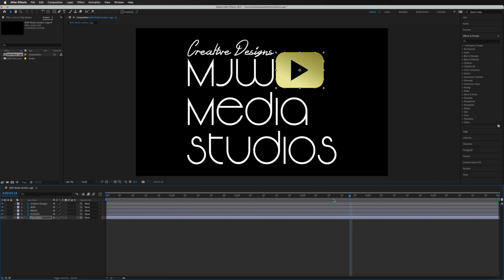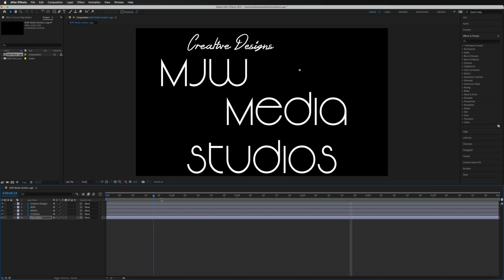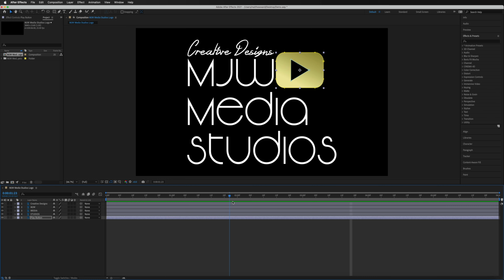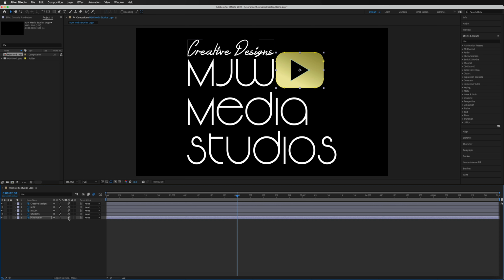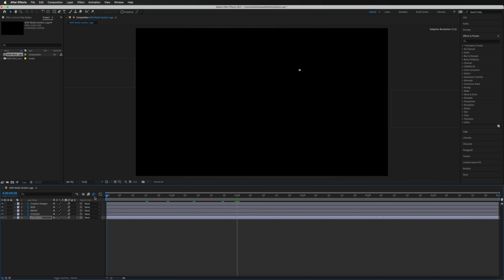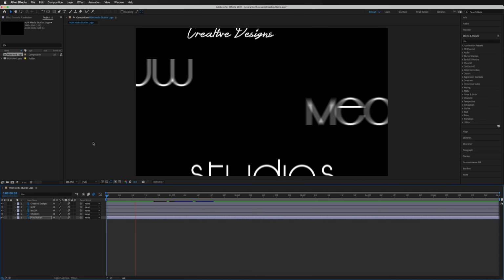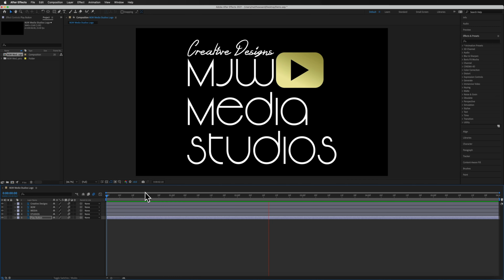So what we're going to also do now is, because these are moving layers or moving objects, it's always good to apply a motion blur to this just to make it look a little bit more authentic. Just over here on the right hand side, we have these 3 little circles, which are our motion blur section. So all we've got to do is just check all of these boxes, and we can just simply tap the top one and drag down on our mouse to highlight the rest of those. And then once we play that back, that is going to apply a motion blur for us. So already that is looking better to me.